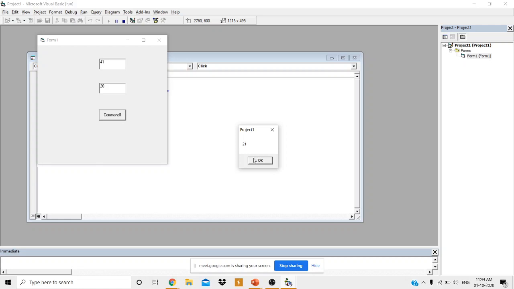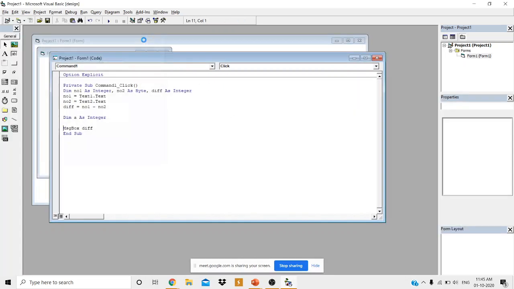And when you click on this command button, as I told, the message box buttons internally have values. This OK button might have some value. Its value might be 1 or 2 or whatever integer value. Each of the buttons on the message box has a value. And how do we find the value of the message box?